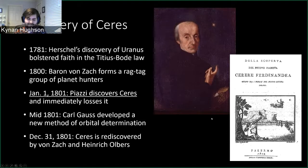But he became so bedridden and ill within days of this discovery that he couldn't make a follow-up observation and lost it. And because of the limitations of telescopes at the time, he could not recapture it and get those series of measurements needed to really determine its orbit. And once the rest of the European astronomers knew of this blunder, because he told them, but then immediately told them that he lost it,